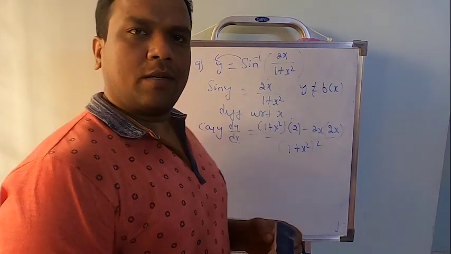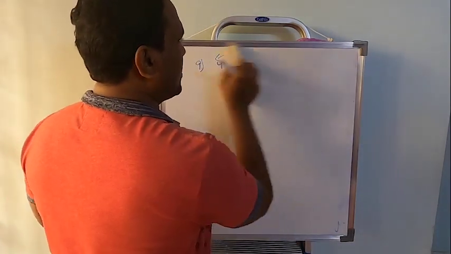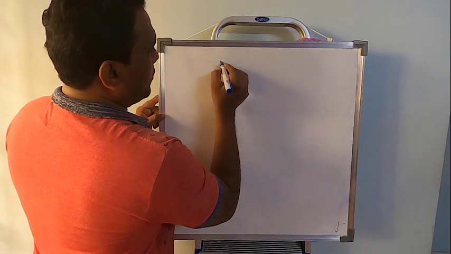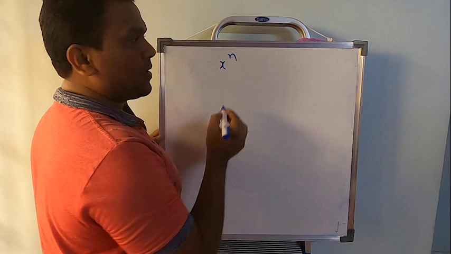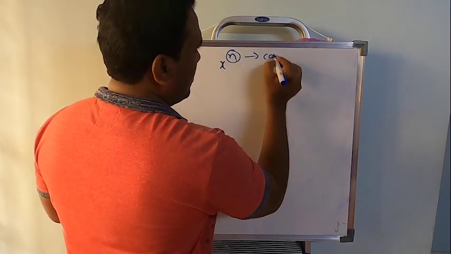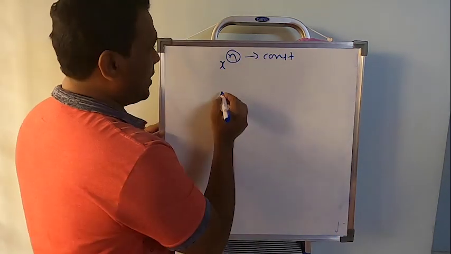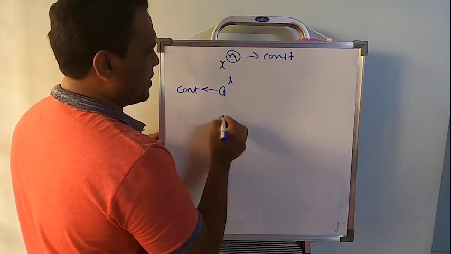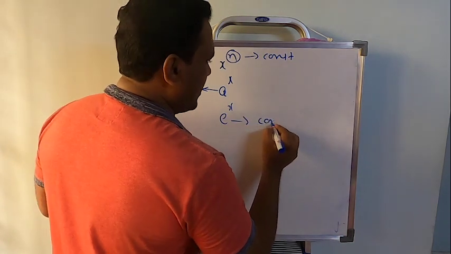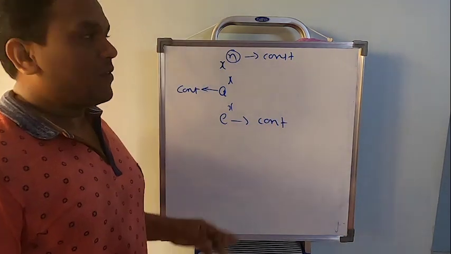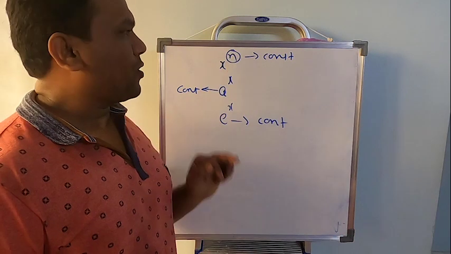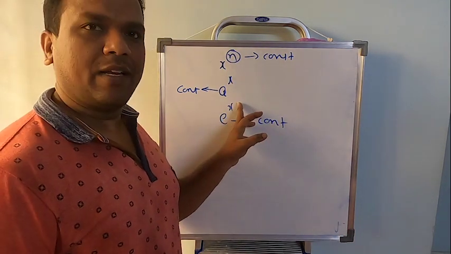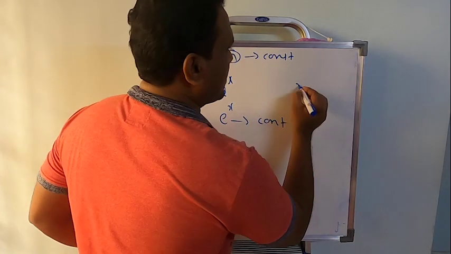Okay, students, let's move on, and I'll just explain a few things here. When I consider x bar n, remember n will be a constant, and in a bar x, a will be a constant, and in e bar x, e will be a constant. So what we have here: a variable to the power constant, a constant to the power variable, a constant to the power variable. Now, let me give you something.